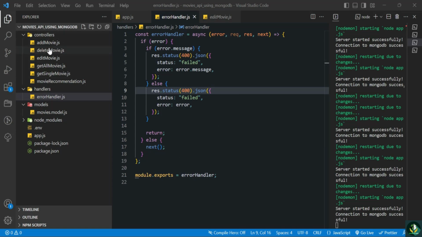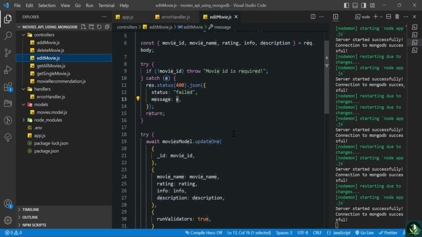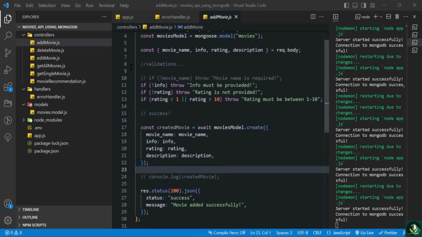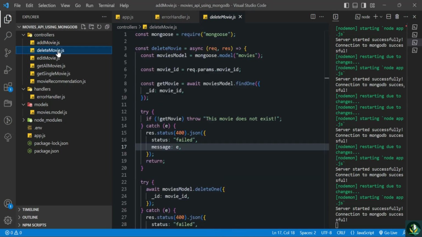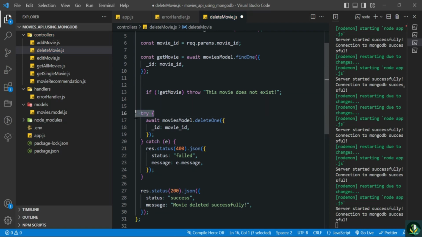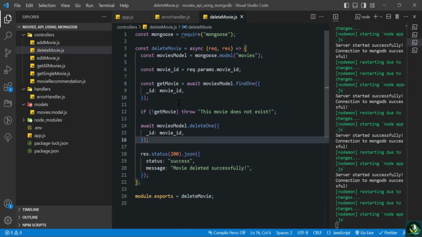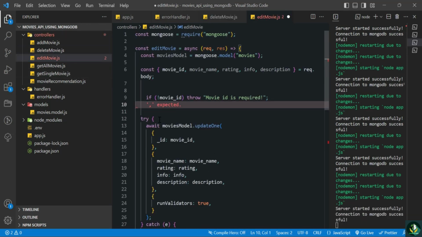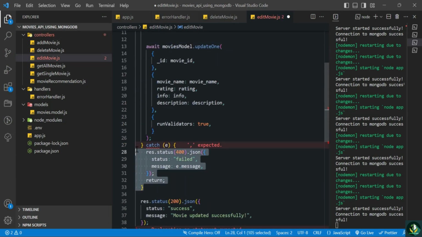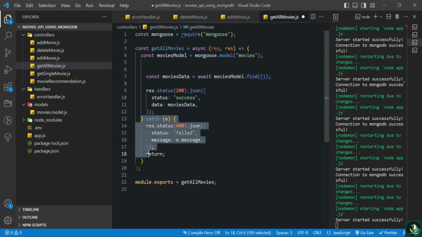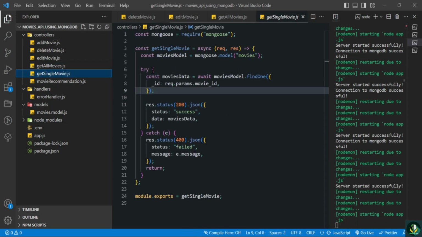So now what you can do is remove try catch from all of our code and make our code easier to read. So we have removed the try catch block from add movie. Let's go ahead and delete movie as well and remove this try and catch block here as well. Let's remove this. See the difference that it has made in our code. In edit movie as well, let's remove this try and catch block and this as well. Let's save this. Inside of get all movies, let's remove this as well. Let's save this. In get single movie,